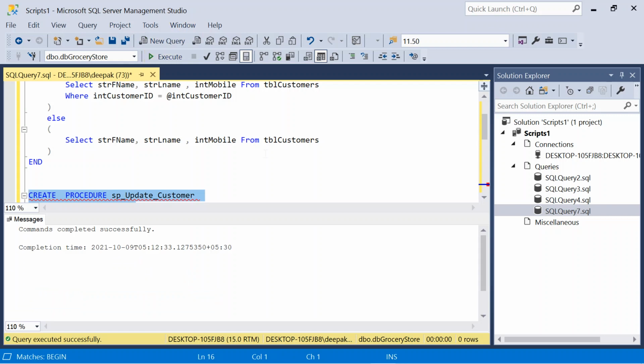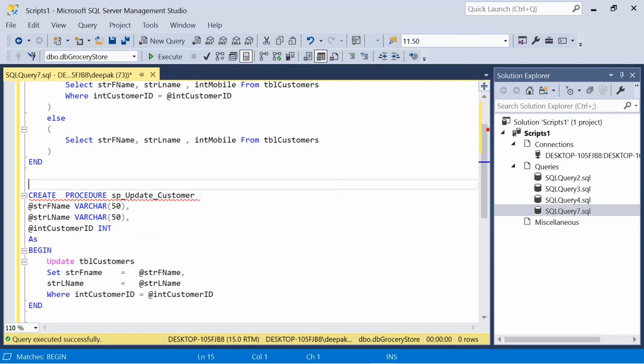So procedure is created. Now we will call the procedure.